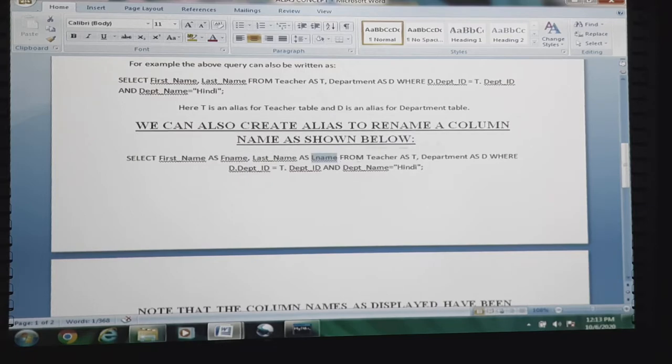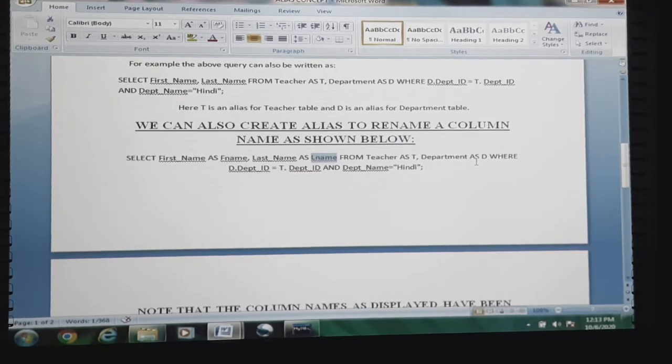In which relation? Teacher relation, as well as, since we are performing the join operation and there is a foreign key attribute between the two relations by means of which we are maintaining referential integrity, it should be updated in both the tables. That's why both the tables have been taken into account.